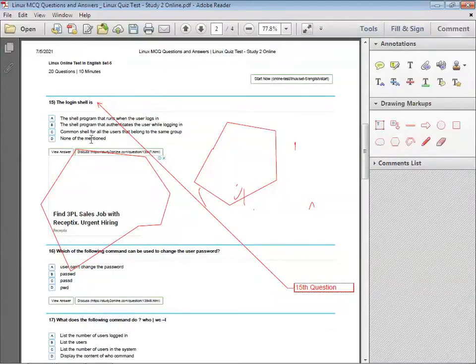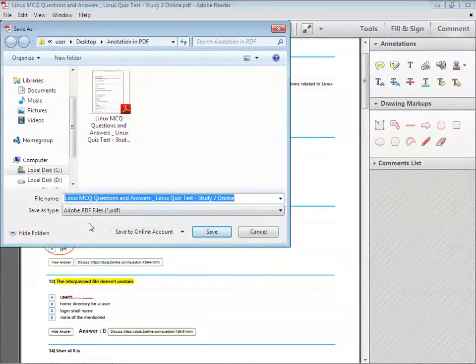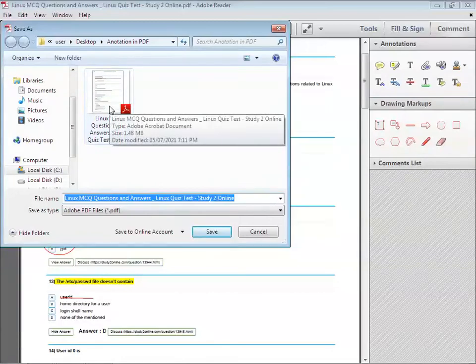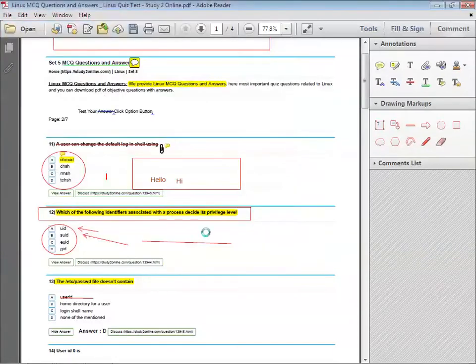The last point is how to save this annotation, so that in the future we can use it. Click on the save option. But keep in mind, when you save this file, all the changes will be made in the previous file. So if you want to overwrite the previous file, click on the save button, or change the name of the file itself. So we are going to change the name of the file, and we are saving the file. This means that our file is saved.